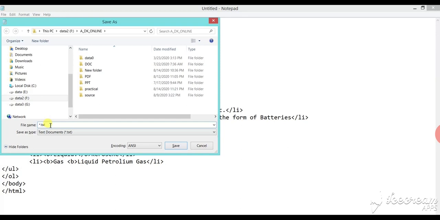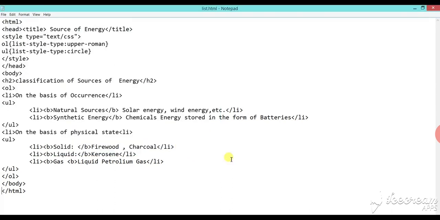Then open the save as dialog box. We can also use the shortcut key Ctrl+S. Then here we write the program name list.html, then click on the save button.